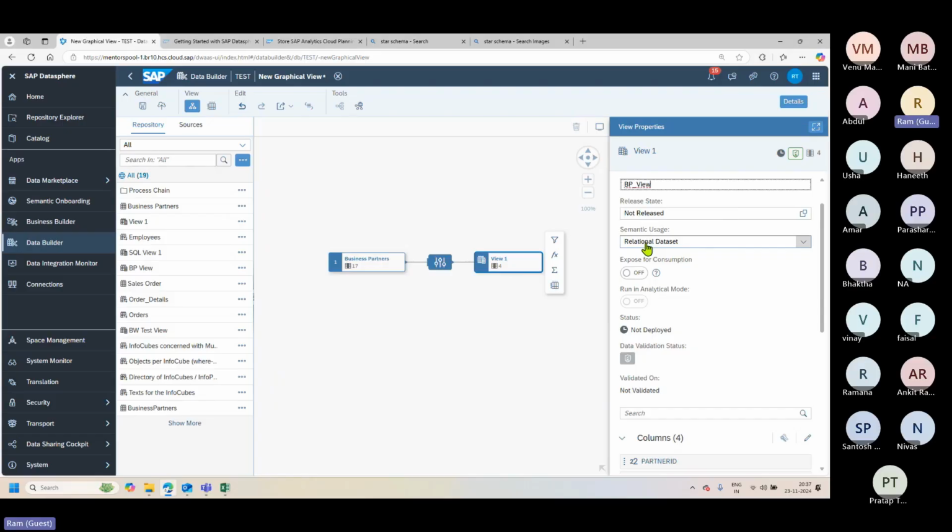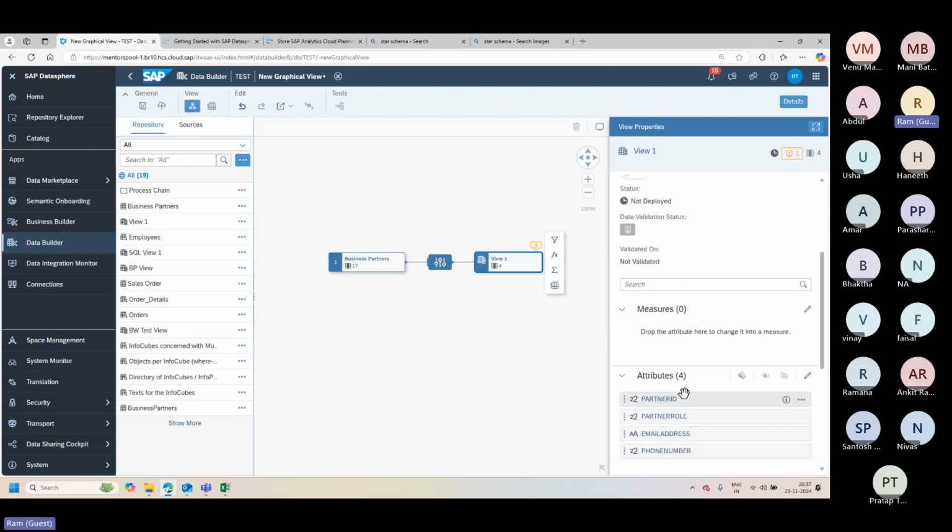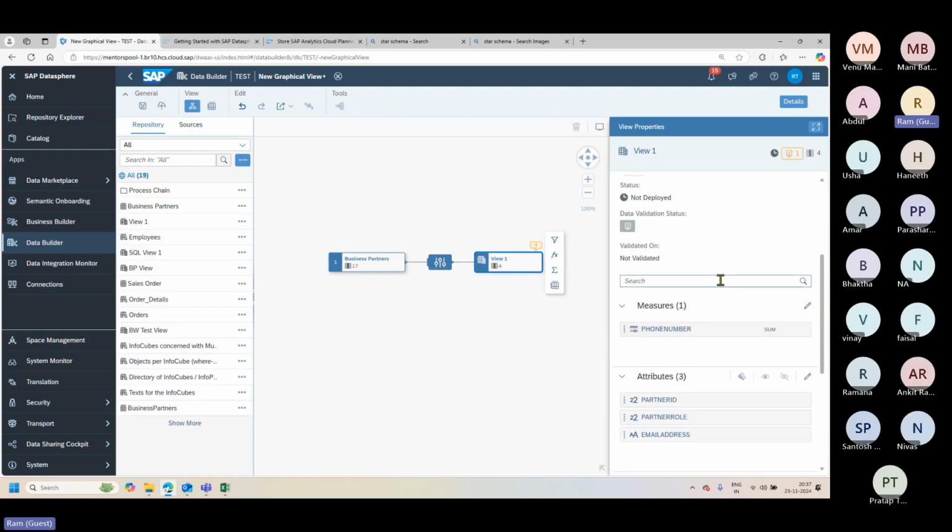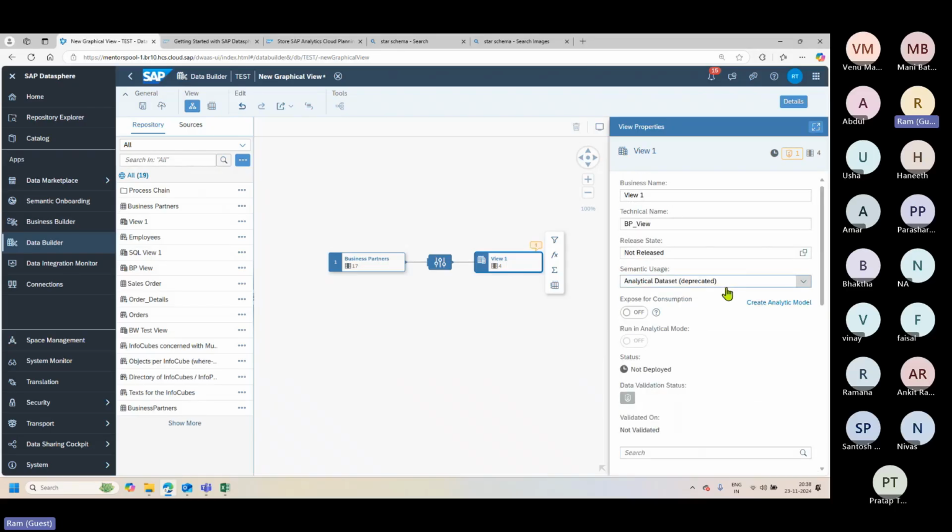Previously, in the olden days, what I would have done is put analytic data set here itself, and then it would ask me straight away what the measures and what the dimensions are. I would have moved the phone number to the measure and then saved it, right? But it is not recommended anymore to create an analytic data set. So if you have a scenario like this where you want to consume the view itself, then you have to